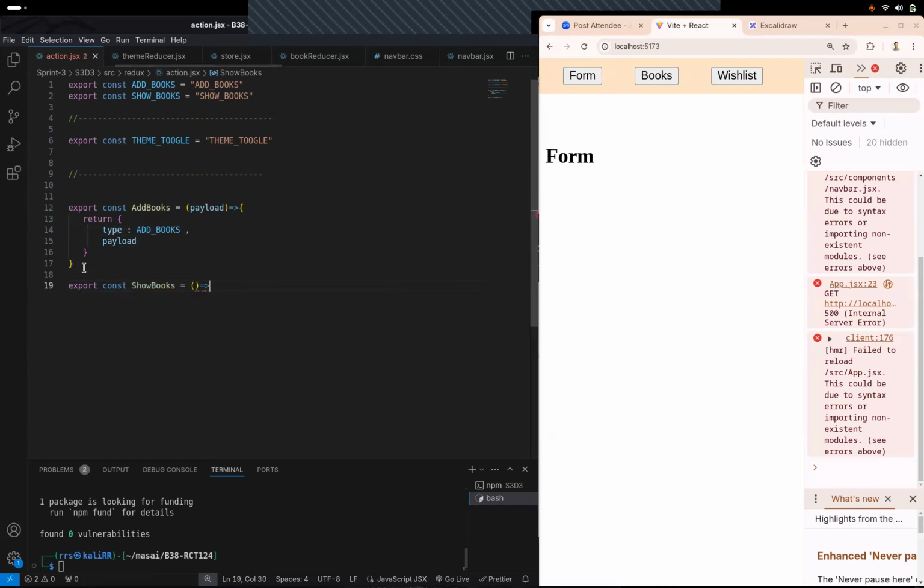Do we need a payload to show books? No. So we can just directly return type as show books, right? And payload will not be needed, right? So we can just directly go with this. And then finally,